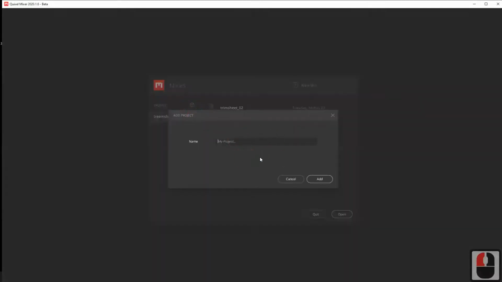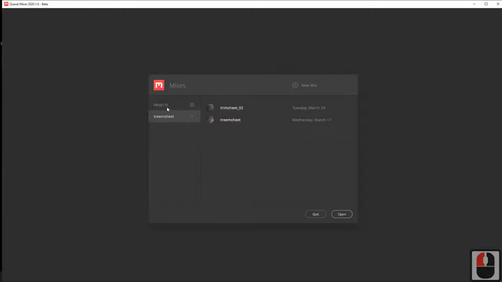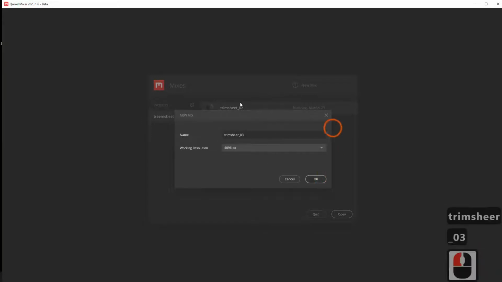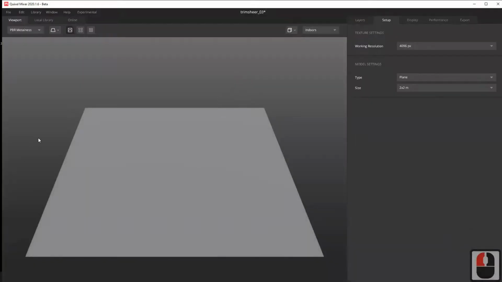So you can click plus and create a new project, and name it whatever, trim sheet, your texture, or whichever project you want, and do everything. In this case, I have already created a trim sheet project. Under the trim sheet, I have two materials. I want to get one more texture. Then plus here, and name it 3_03. It will stay the same. Now you can see by default it opens a square panel. Everything is gray. There is no color, no design, nothing.